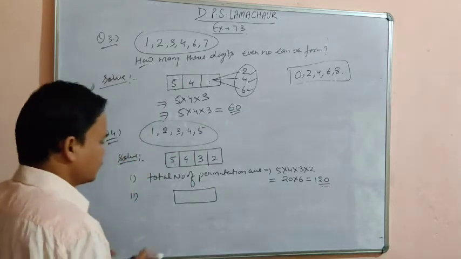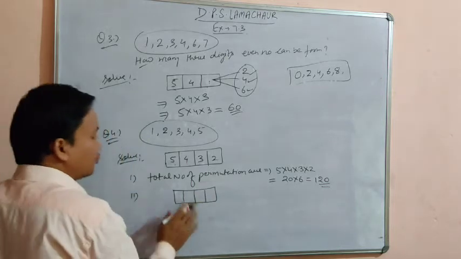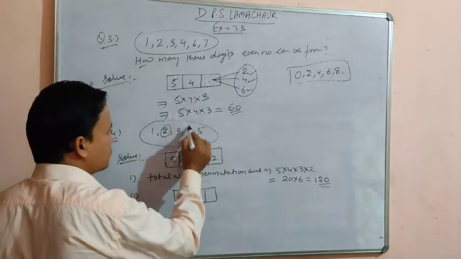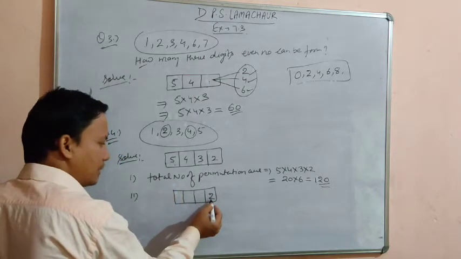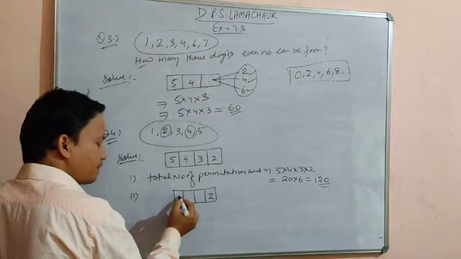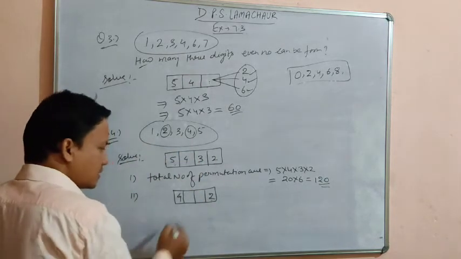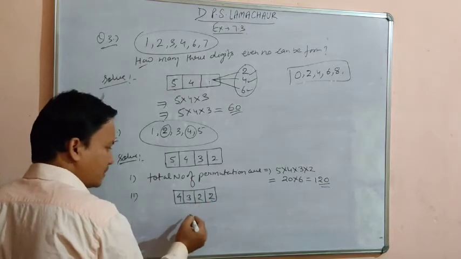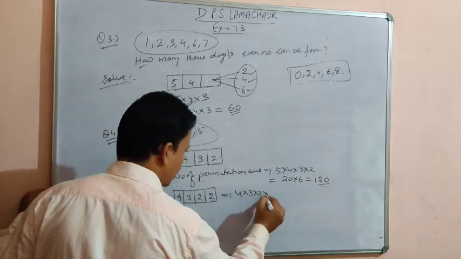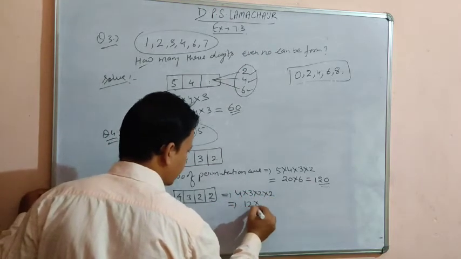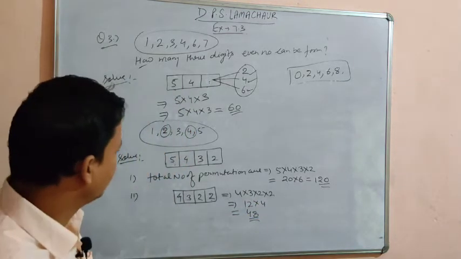But I am going to tell you using the filling the box method. So 1, 2, 3 and 4. To make an even number, there are only 2 options to fill the unit place. So there are 2 options to fill this one. Now if one number is fixed here, the options are reduced. One option is reduced to fill this. So there are 5, with 1 fixed here, so there are 4 options to fill this, and 3 to fill this, and 2 to fill this. So the number of arrangements is 4 into 3 into 2 into 2, that is 48. 48 numbers will be even.